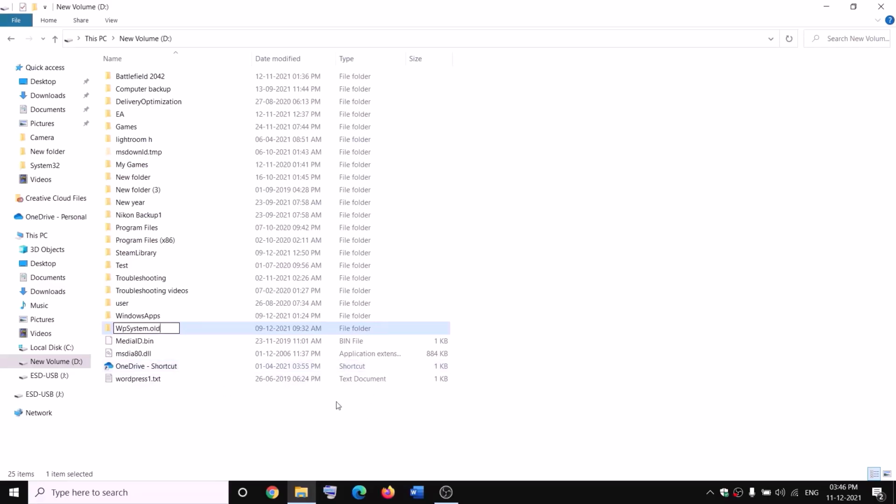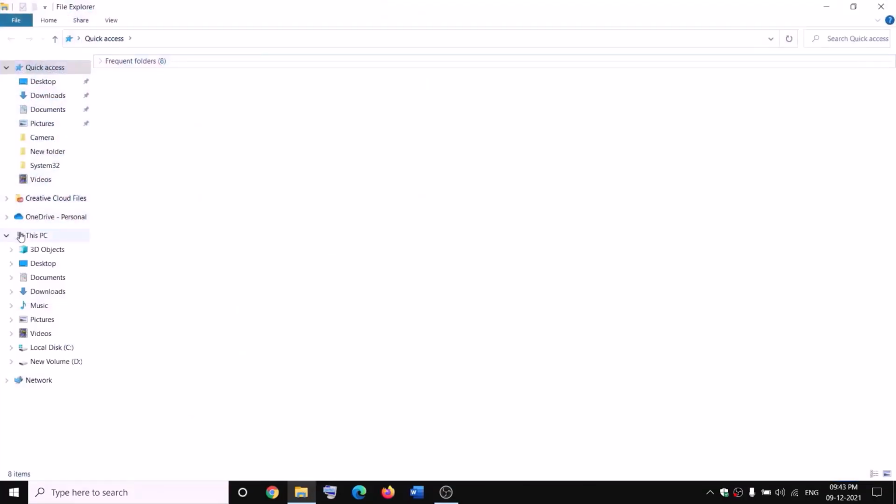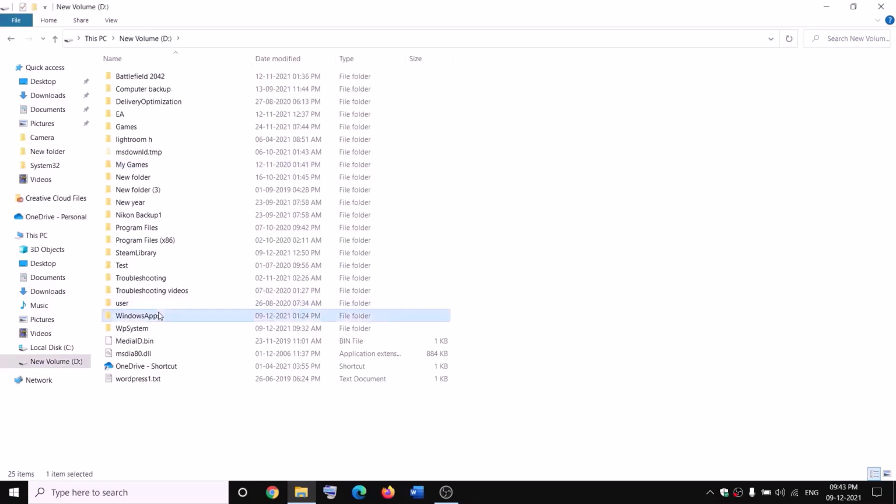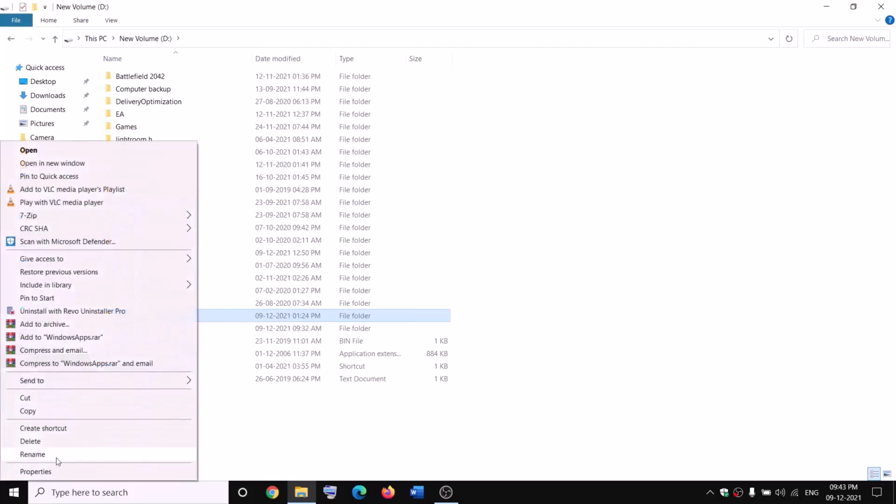Now if you still face the problem, in that case you can go ahead and restart your computer and then try to rename it once again. Open File Explorer and then go to This PC, open D drive, then right-click on WindowsApps and then rename it. Now before renaming, you have to take the ownership. Right-click, then click on